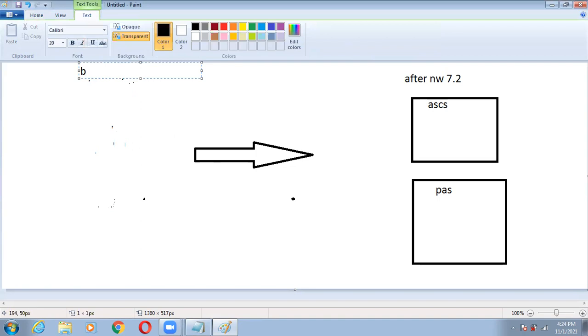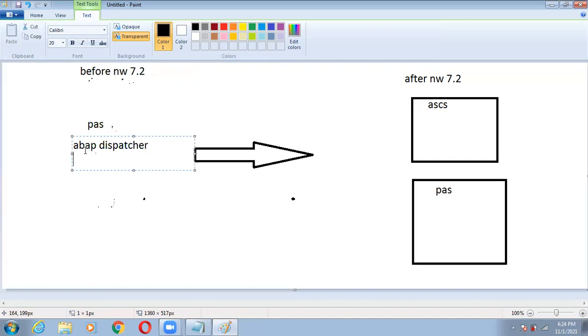So before, same thing I will write here, before NetWeaver 7.2. Let me write, after that I will draw the box. This is a primary application server. In the primary application server, the same ABAP dispatcher, right?